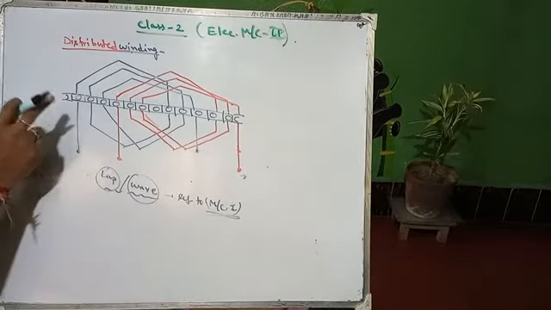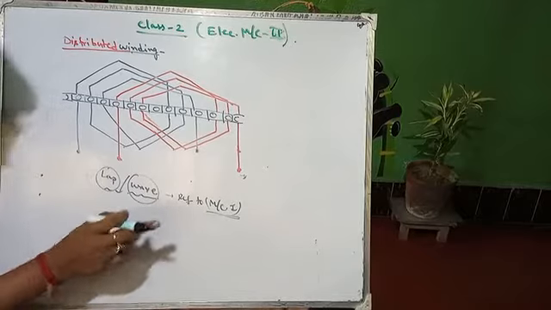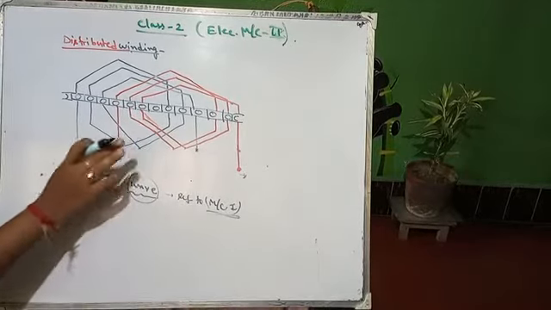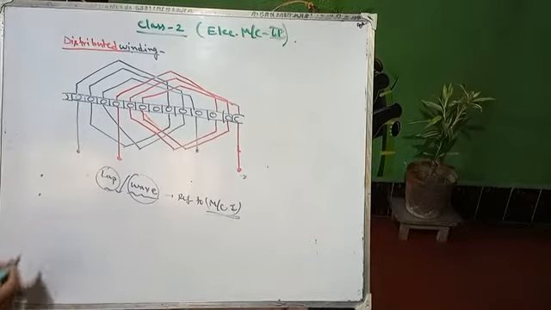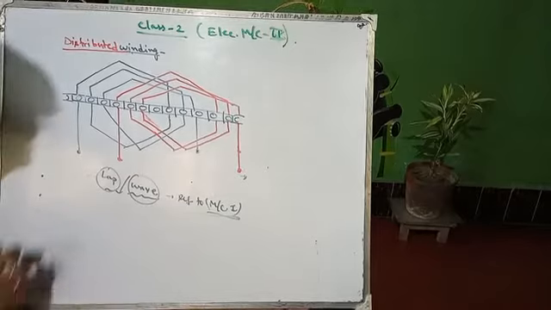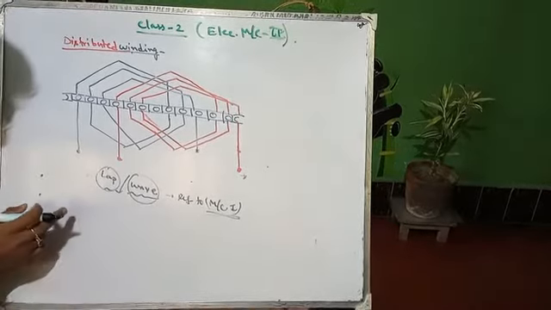So in case of DC, it is a commutator winding, and in case of induction machine application, it will be phases. Okay, so this is the second point, and the third point is the example for this case. So what is the example? So write down: stator and rotor winding for induction machine.